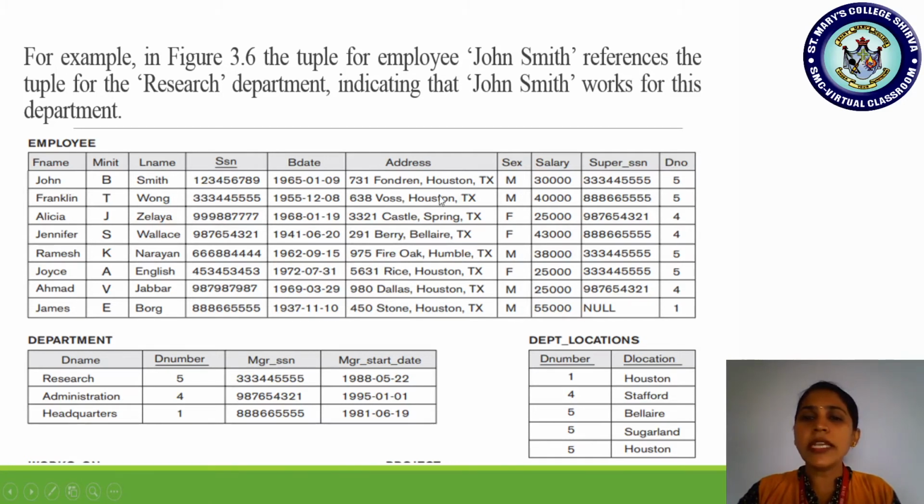Which one should I delete? John, Franklin and who else? Ramesh and Joyce. So department number 5 has to be removed here first. Are you all understanding? It's not that I have to remove the complete John employee record. Instead, I should remove these values. John has to be referenced with null here, because if department number 5 is deleted, John has to work